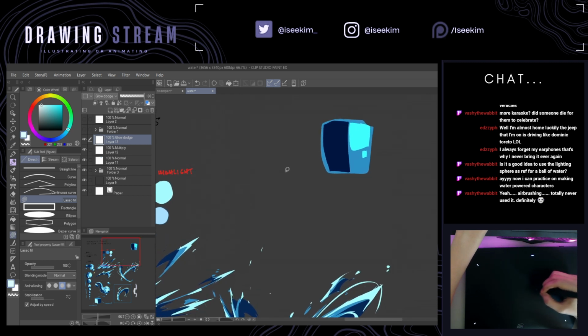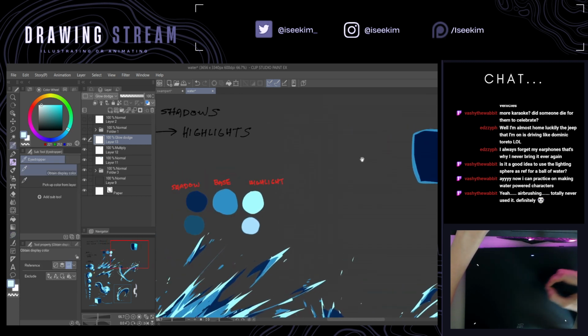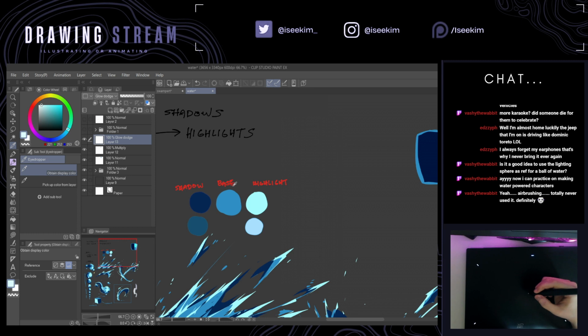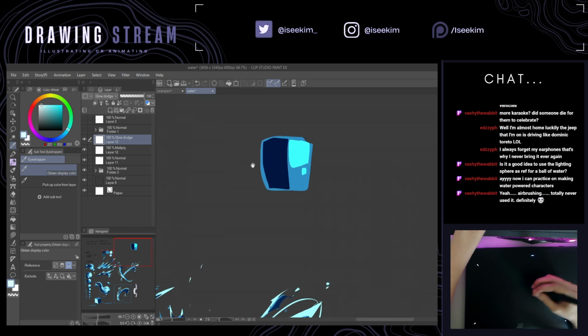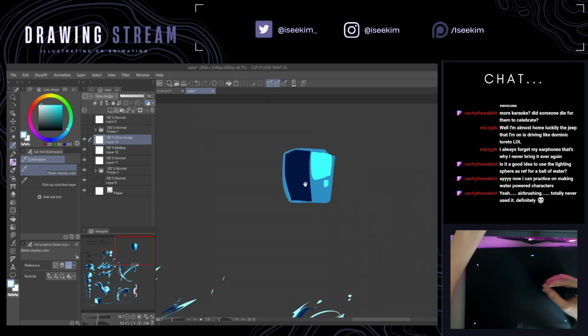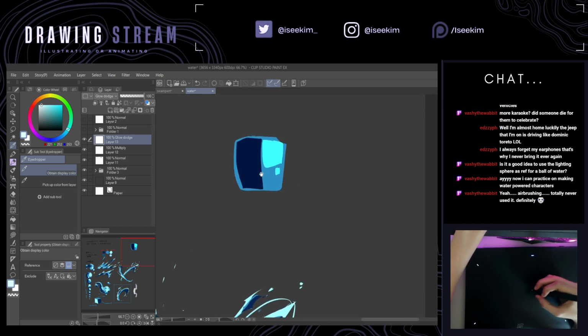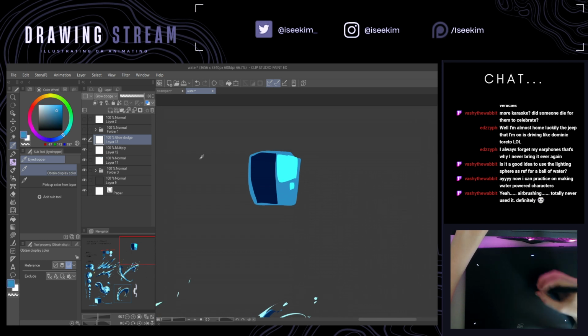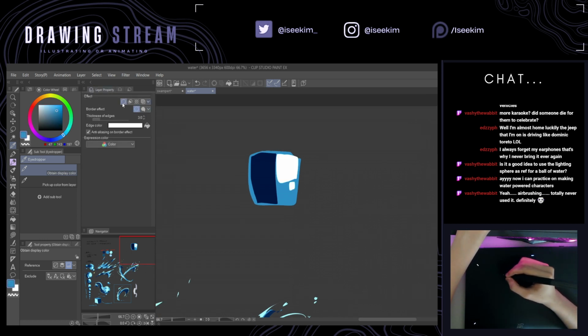So basically we're gonna have more colors, but we're still using the same principles, right? Like shadow, base, and highlight. The three colors or values that you basically need for contrast. But if we're doing a little bit more complicated way of doing things,